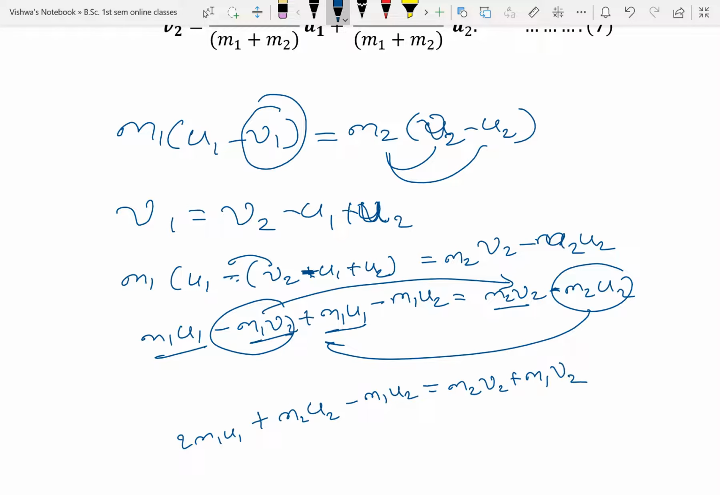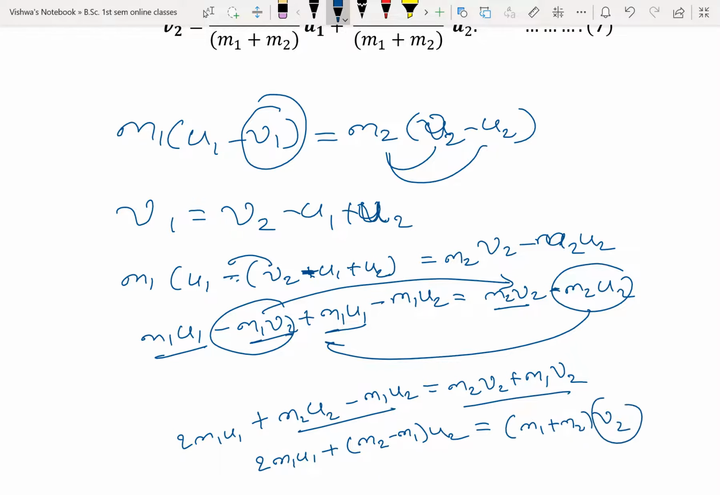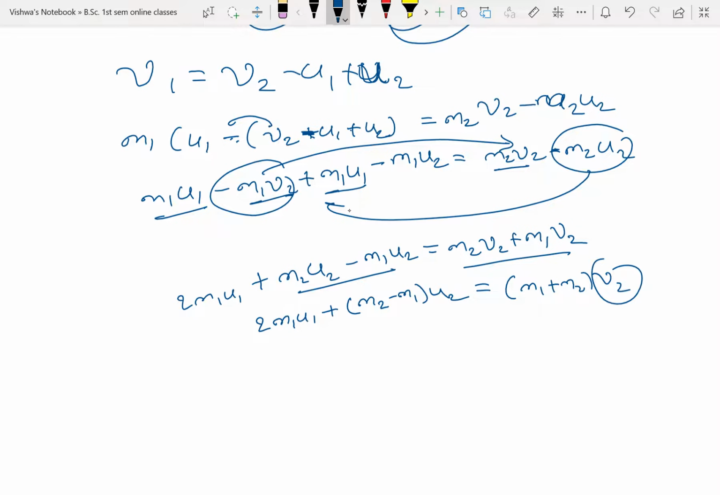Okay, so from these two equations, u2 is common. For that, we can write m1 u1 plus (m2 minus m1) into u2 is equal to, from these two equations v2 is common, for that it becomes (m1 plus m2) into v2. We have to find the value of v2. For that, bring v2 to one side and the remaining to the other side. So v2 is equal to